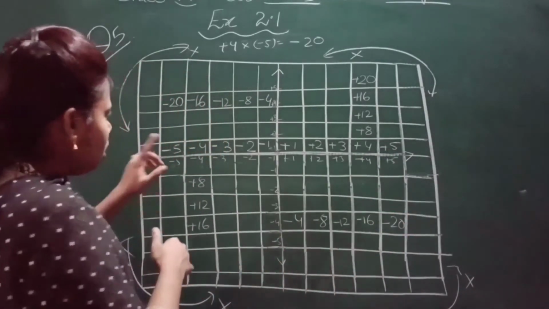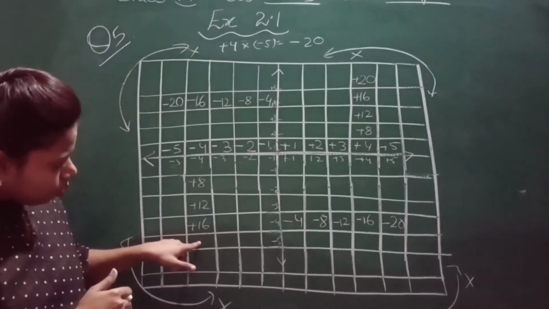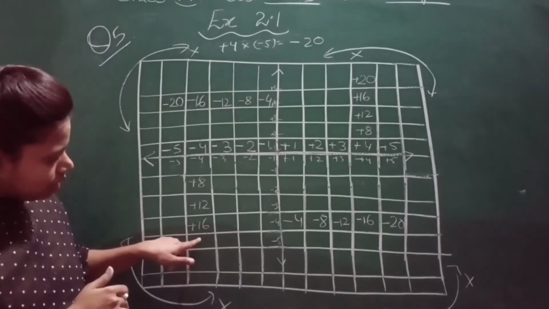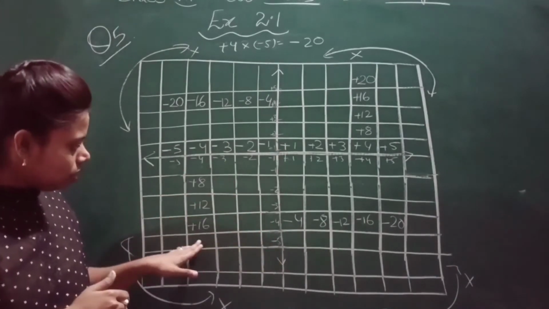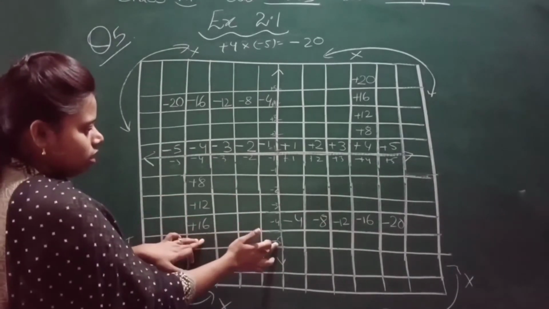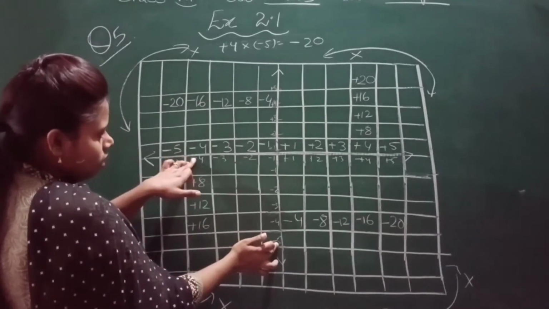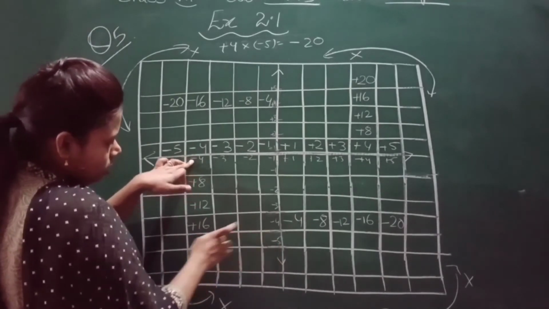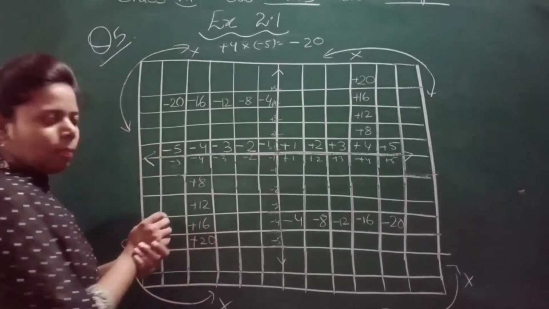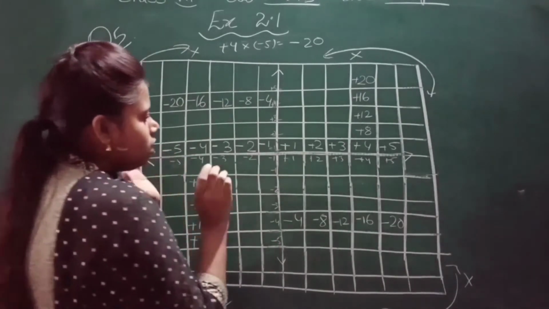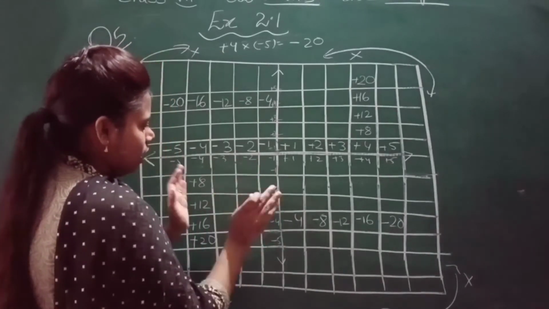Okay. Now here you see that this one is empty. So what will be here? What I said, in this, whether this into this or this into this gets multiplied, you will get the same answer. So in this box, straight what is there? Minus 5. Straight what is there? Minus 4. So minus minus plus. Okay, and 4 5s are 20. It's very easy. Don't get confused.